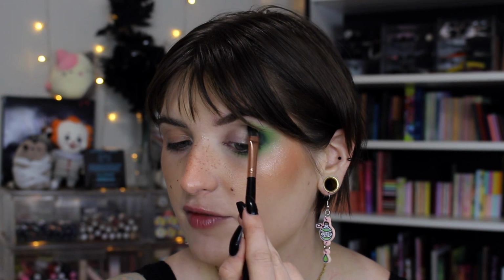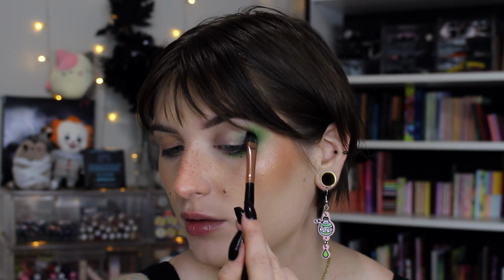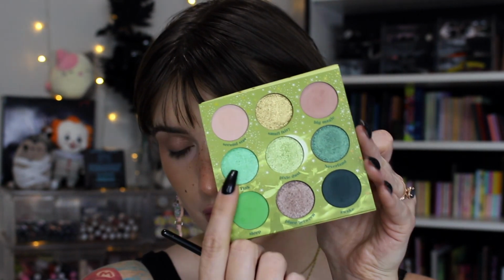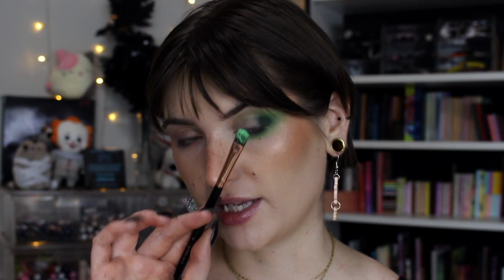Just going slightly above my natural crease and following the natural roundness of my eyeball. And I just sort of stop it where things are really deepening in the outer corner. So I want the initial cut to be with Tink. Such a beautiful color, kind of like a minty shade. It's so cute. I'm just loading it up on that same sticky brush and I'm gonna go to town